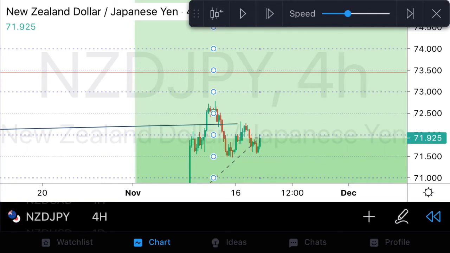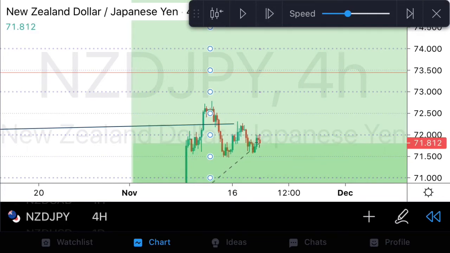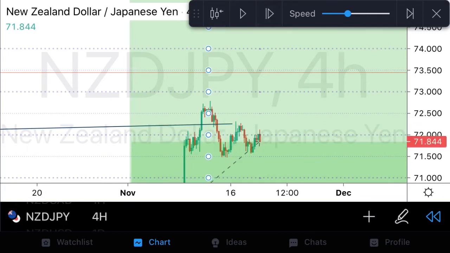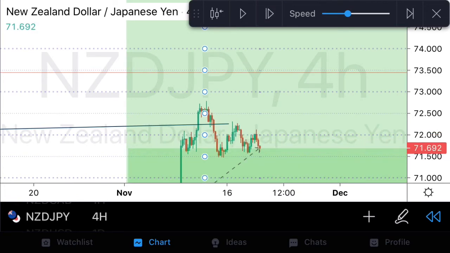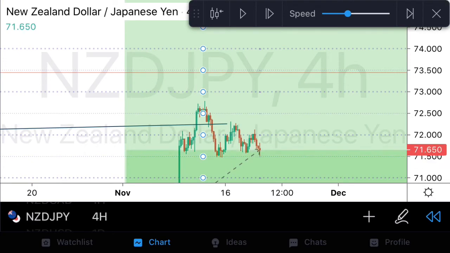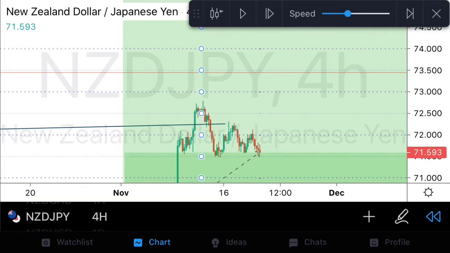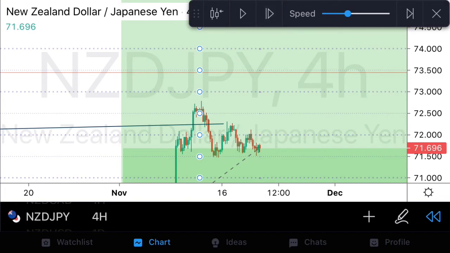Okay, now I wouldn't be too convinced to buy there. I'll hopefully wait for one more test down low. Okay, we're pushing down, we're getting that one more test down low. Now I would start looking for momentum shifts out of this market,